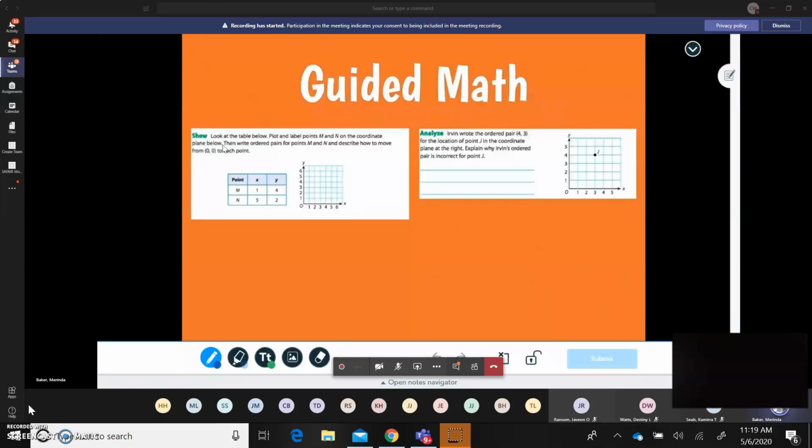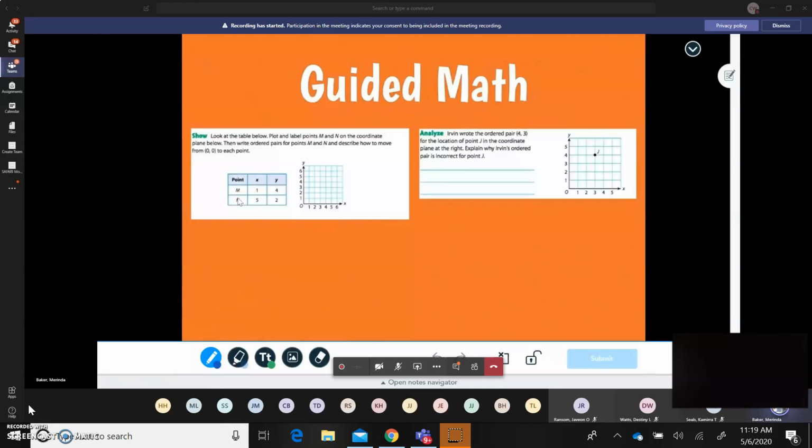So, our first question says, look at the table below. Plot and label points M and N on the coordinate plane below. Then write ordered pairs for points M and N and describe how to move from point 0, 0, which is the origin, to each point. So if you miss any coordinates and you don't have a clue, make sure you're paying close attention